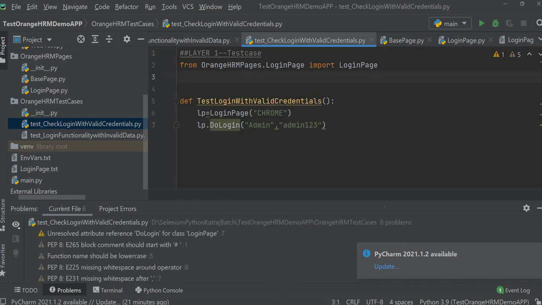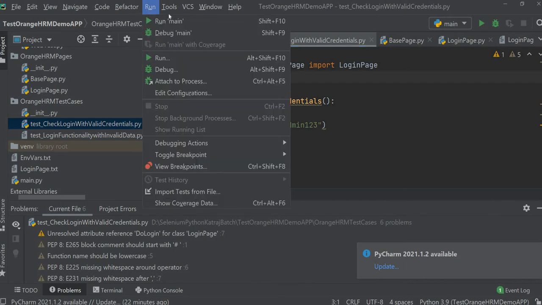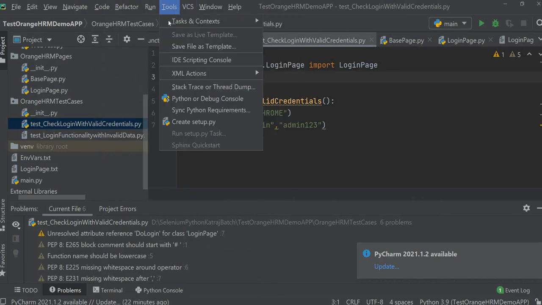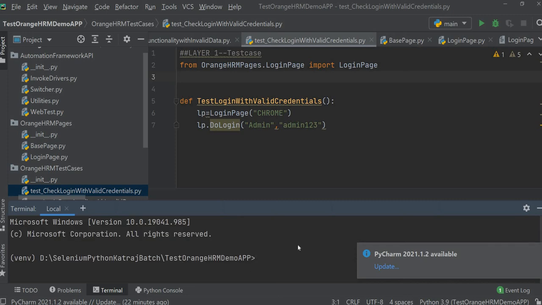Perfect. Now we can run this using PyTest, right? So let's do that. It's very simple. We have already seen this in our unit testing with PyTest.